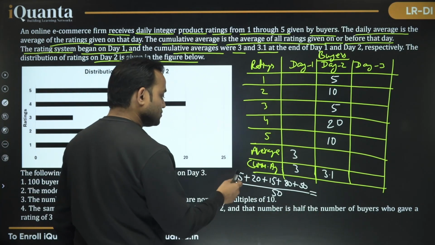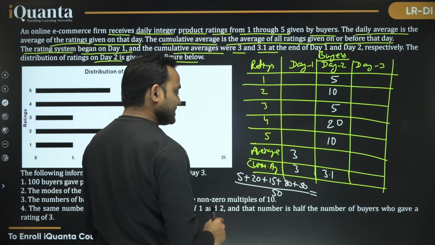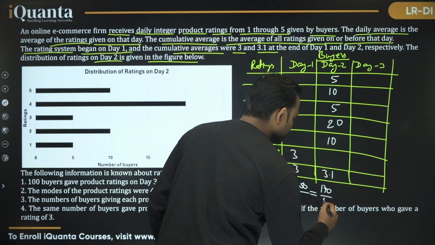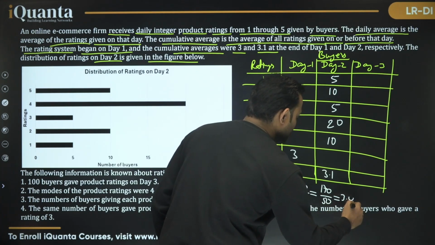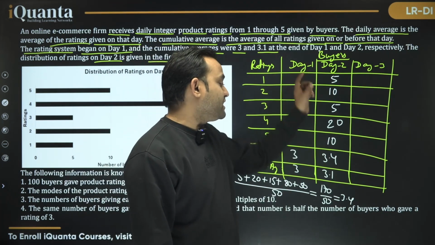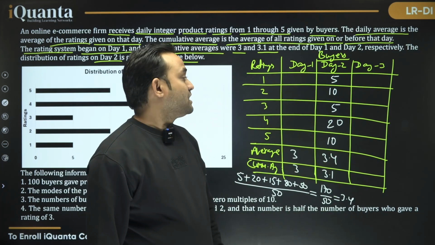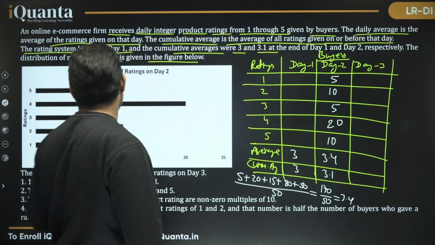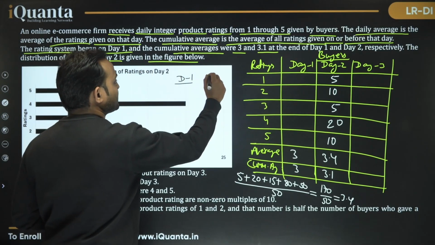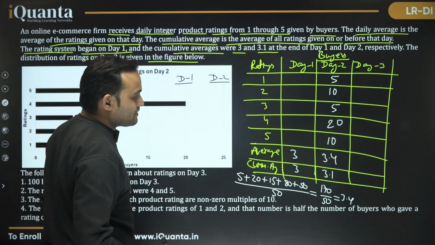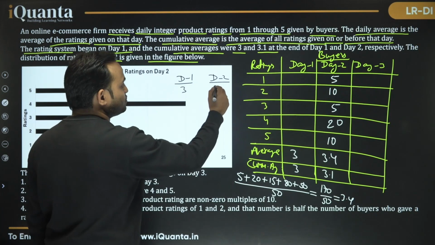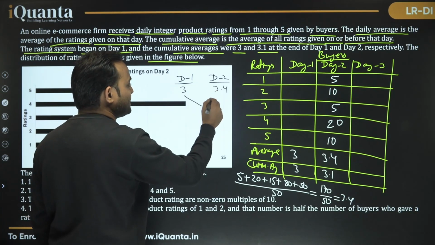This is equal to 50 plus 80, 130, plus 40, 170 upon 50, which is 3.4. So the average on day 2 is 3.4. Now think about this: on day 1 we have an average, on day 2 we have an average. On day 1 the average is 3, on day 2 the average is 4, but the cumulative average, or